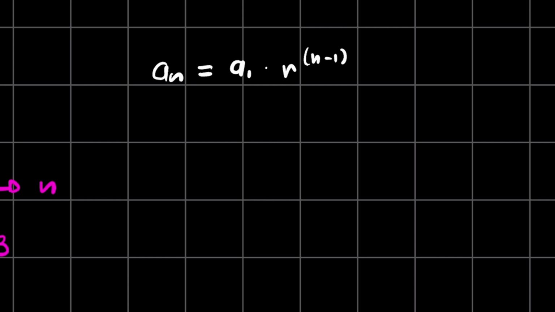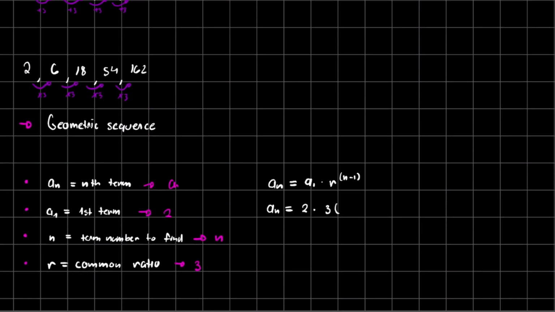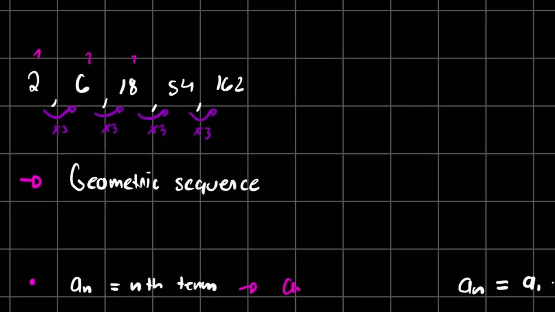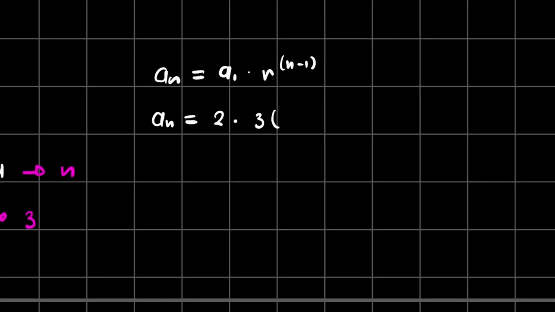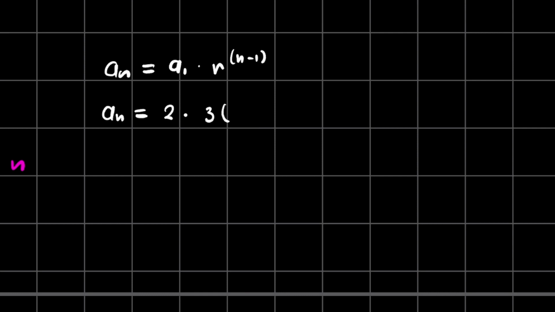It's important to note that in some sequences, it is not a straightforward answer like this formula, but generally speaking, you're pretty much safe with this one. So let's go now with an, and we're going to write here 2 times 3. And in this case, we want to find, right here, 1, 2, 3, 4, 5. We want to find the 5th value. So it's going to be basically